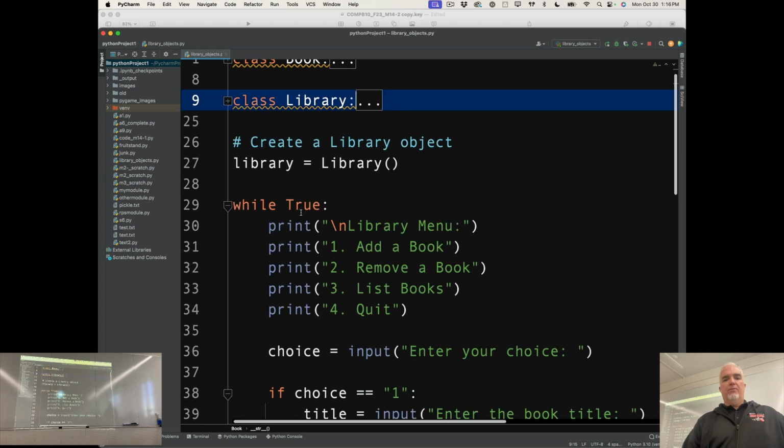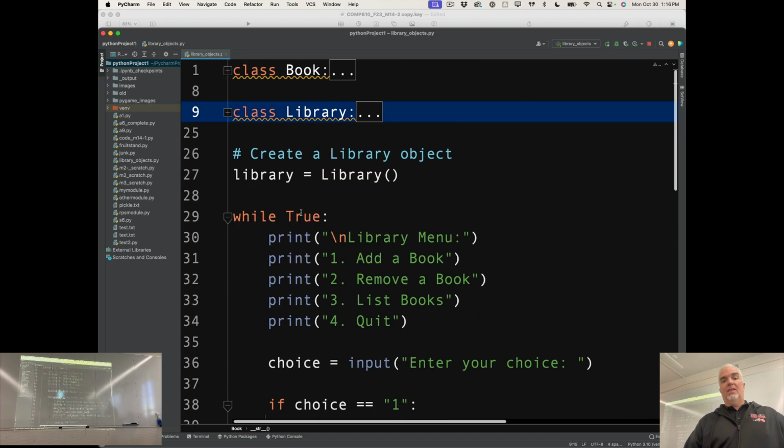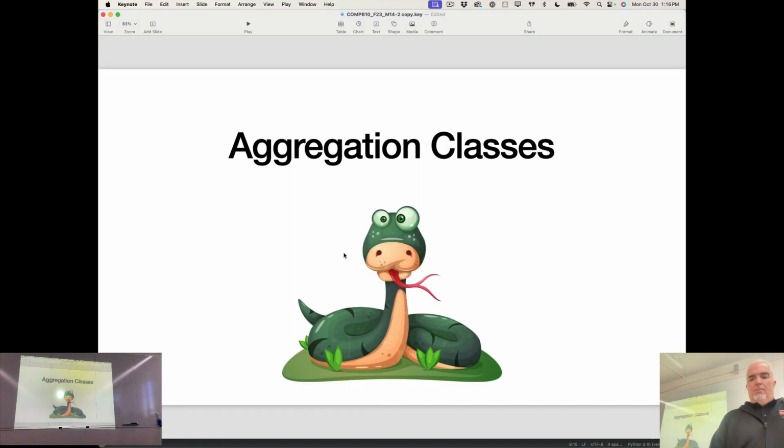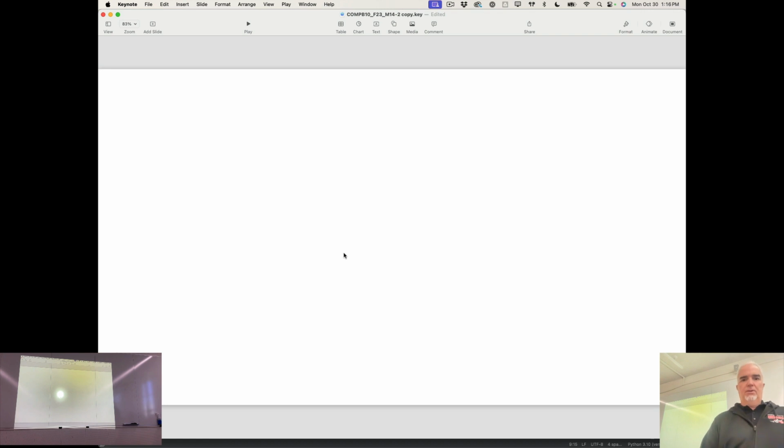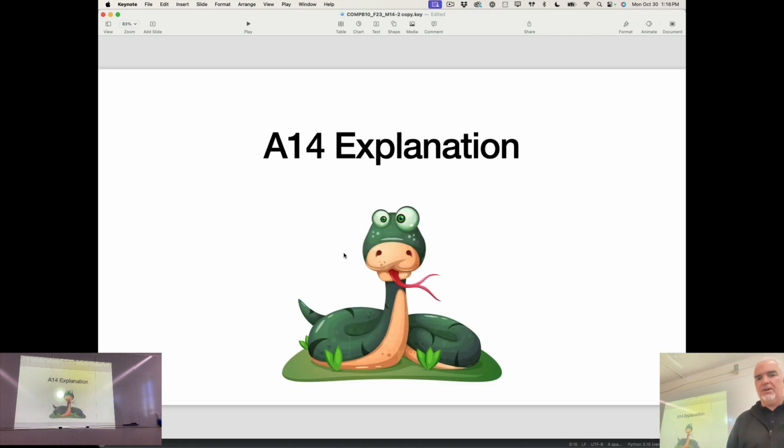So what I want you to do before you jump into the assignment is I'd love for you to actually take this code, open it up in PyCharm, and play around with it. Do some things to it so you kind of get your mind around that code. Before that, I want to make sure that you understand